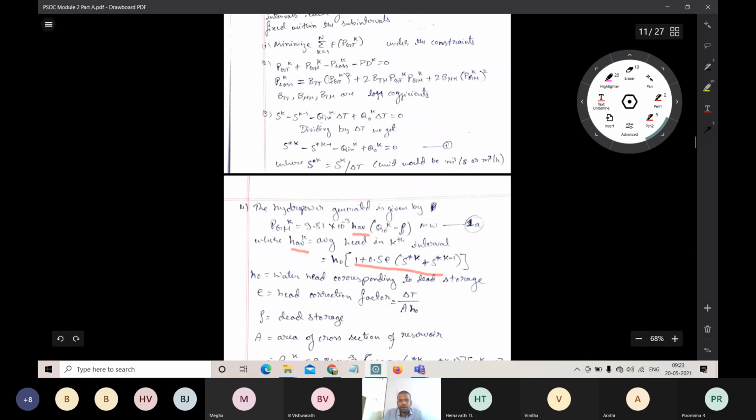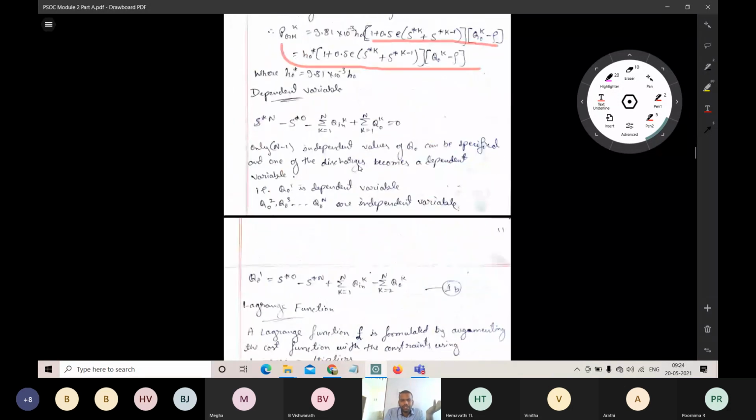The main thing is, in order to solve the discrete equations, you have to understand what you are actually going to do. We are going to solve the problem. The problem we face is that we need to calculate the amount of water discharging, we need to minimize the thermal production cost, and we need to satisfy the hydel constraints. That should be kept in our mind. By keeping that in mind, we are going to solve these equations. We are making these equations ready, and these are the same equations that we use for solving the problems.